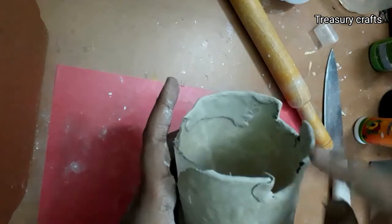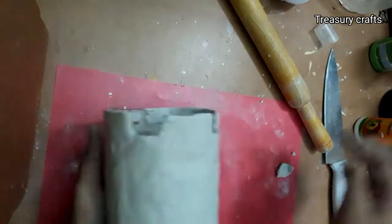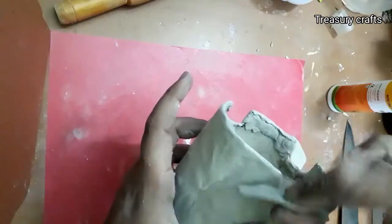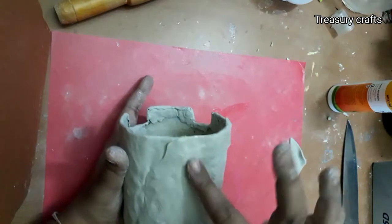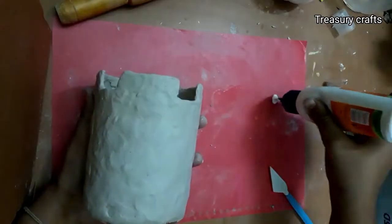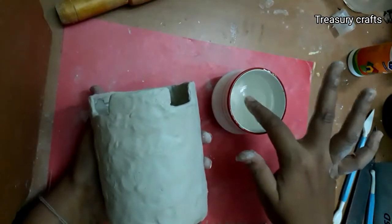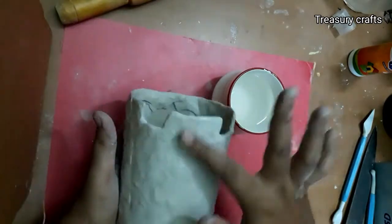Cover the edges like this because we are going to place specs there. Use water and Fevicryl to blend the clay. Now take some Fevicryl and water. Use both to smooth the surface